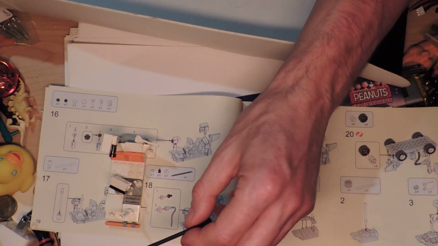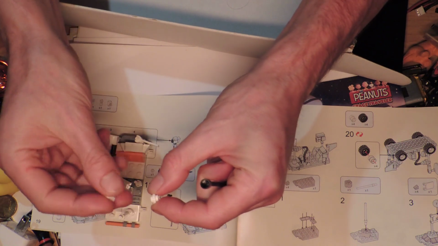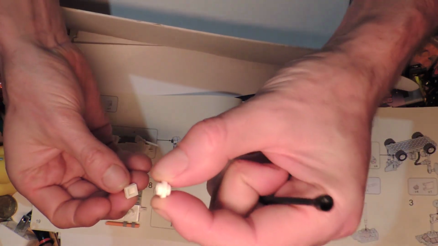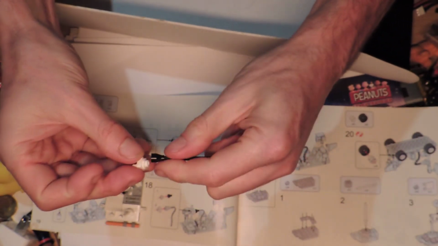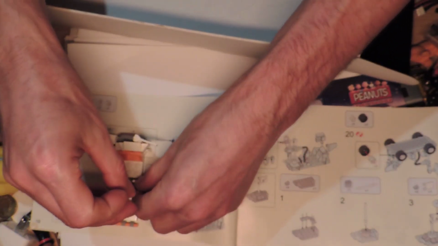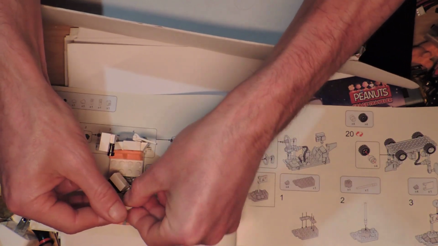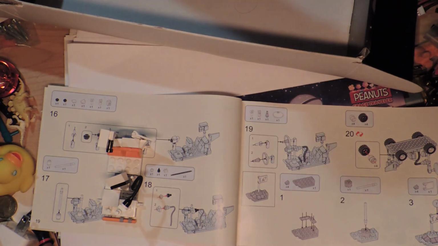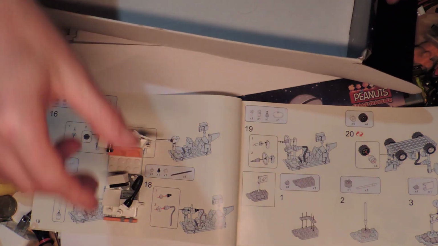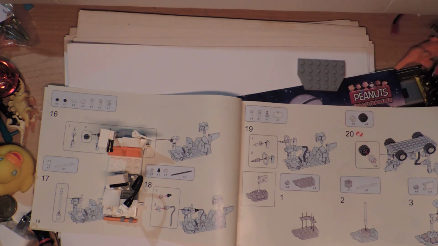Oh, okay, I need the white one. Oh, look at this, it's a double-sided one. I just picked it up. Okay, so it's a double-sided single stud. Amazing. That side's going to go into there, and then that one's going to go into there. Can you get that in actual Lego? I don't know. And that sort of clips onto there. So, alright, and then we've got a few more pieces to go. We've got to make...